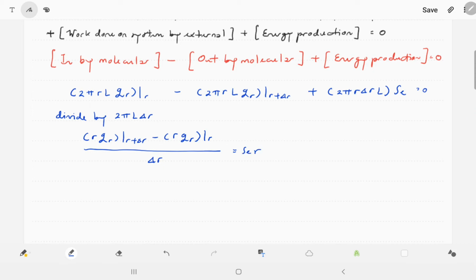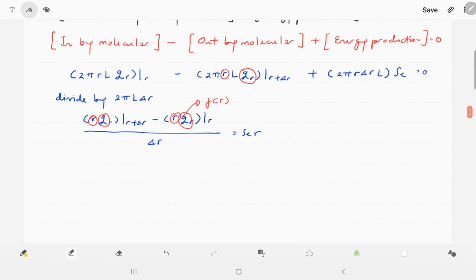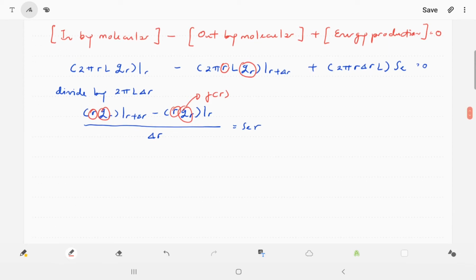Note that in here of particular importance is that you cannot separate this r with this term in here. So you cannot just, when you divide this thing, separate this r from q_r. Actually in here r is lumped with the q_r because q_r in here is a function of r. So if you skip this and just split this r with respect to q_r, then you will end up with a totally different expression, and that expression will be wrong.